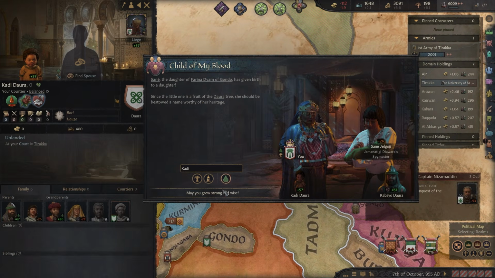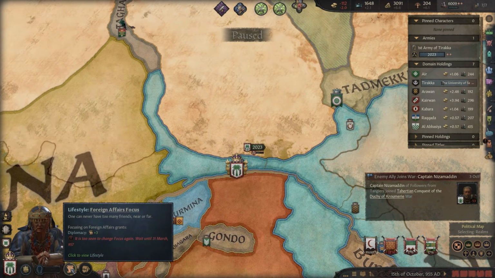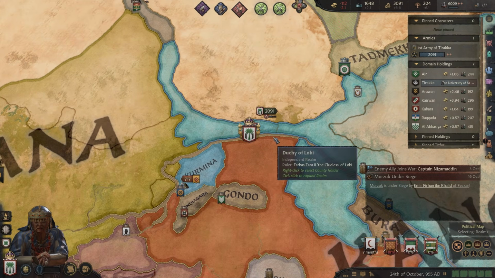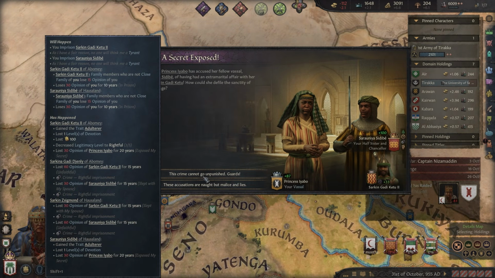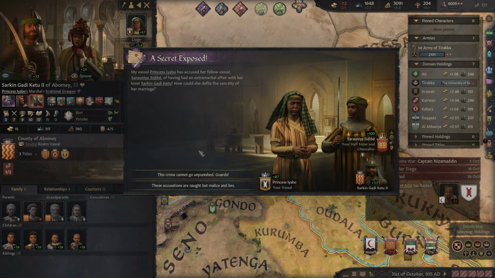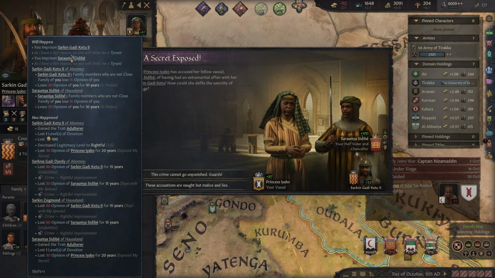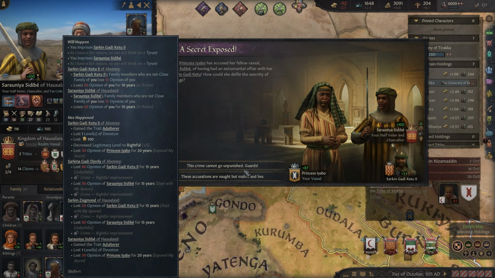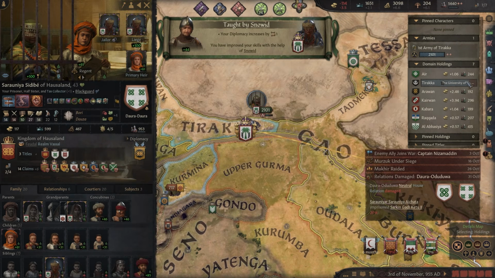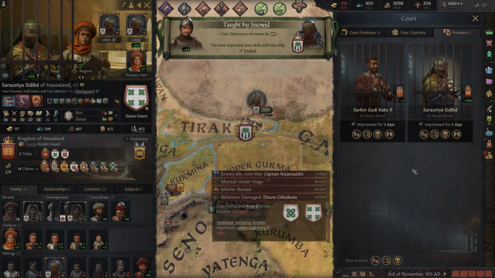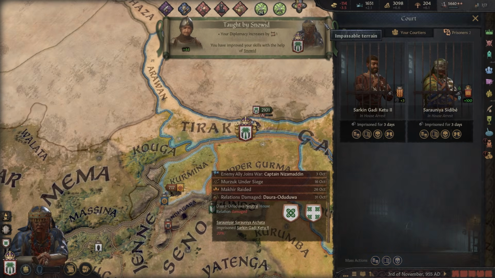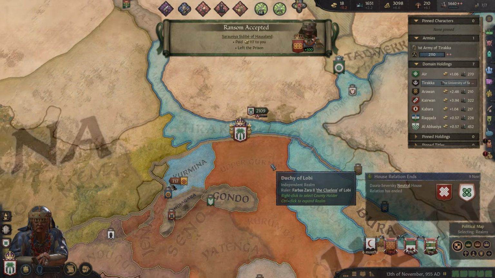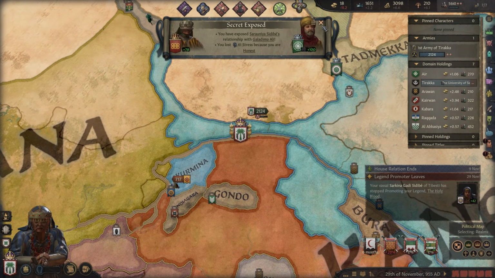Yeah, I could really do with the event where somebody just gives me money. Can I switch this yet? I can switch this in 2 years. Okay. Do I want to imprison this person? Really depends on how much money these guys have, to be honest with you. That's really my only concern. I could imprison my half-sister. They would be unhappy, but I think that's fine. Yeah, I'm sorry for imprisoning you or whatever, but I need your money. Give me your 15 gold, give me your 117 gold. Thank you. It's actually huge.